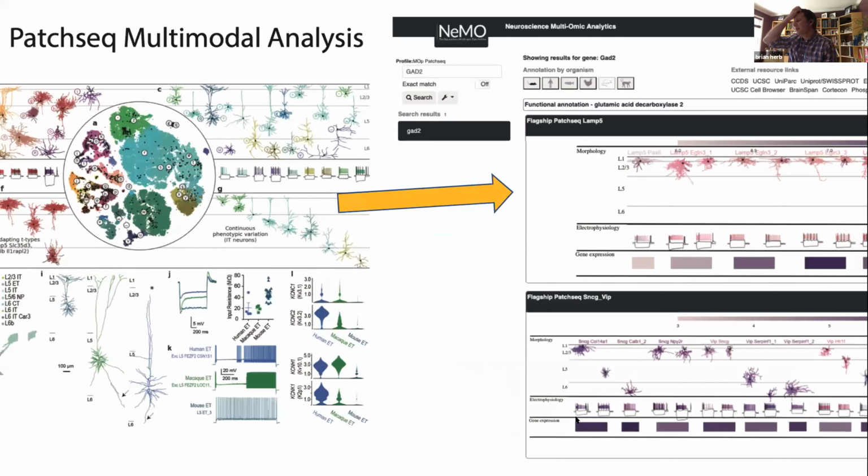And then lastly, a very specialized type of data that we can add in is you can actually use an SVG image and overlay data on top of it. So coming from the patch-seq data, which takes both the morphology, electrophysiological signatures, and then it actually pulls out that nucleus into single cell transcriptomics on it. For all those different cell types, you have that morphology, and then you can also have a summarized gene expression. So again, typing in GAD2 here, we can see which cell types are expressing GAD2 the strongest, and you can see that associated patch-seq data as well.